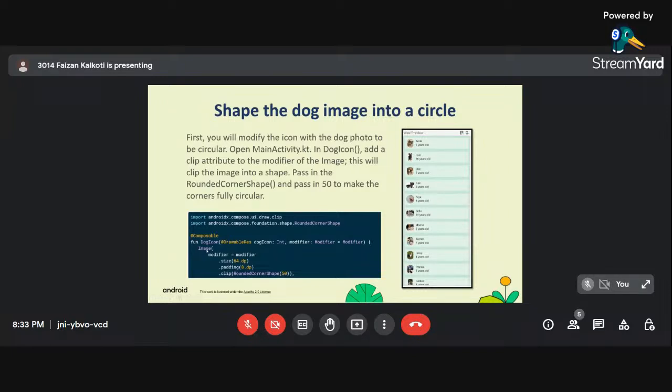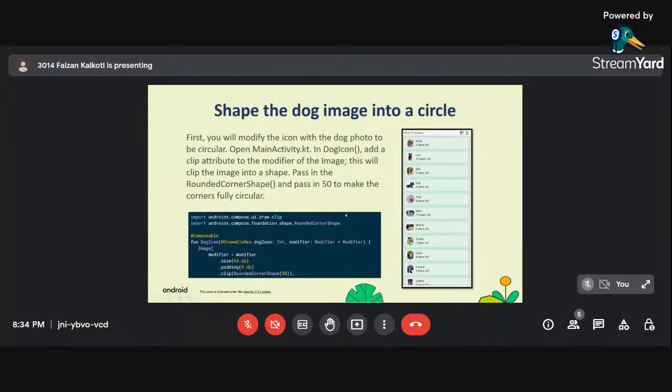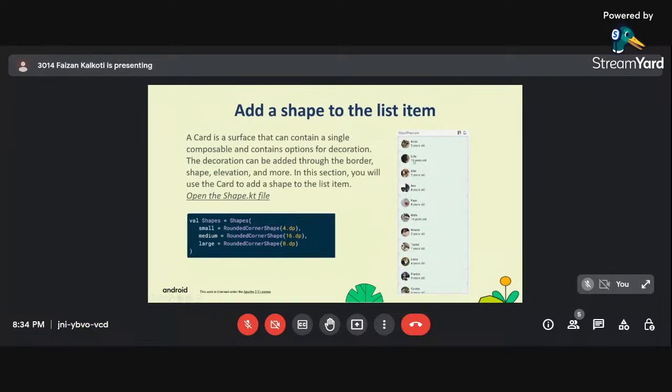Okay, so we've done this for the images. As you've seen, the image container is what we are modifying inside the dog icon function. So that's what we have done to make these images rounded. And this is what we had to do. This slide had to come after this one, because now that we have shaped